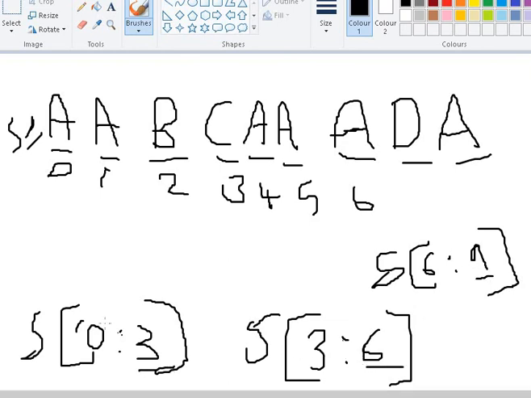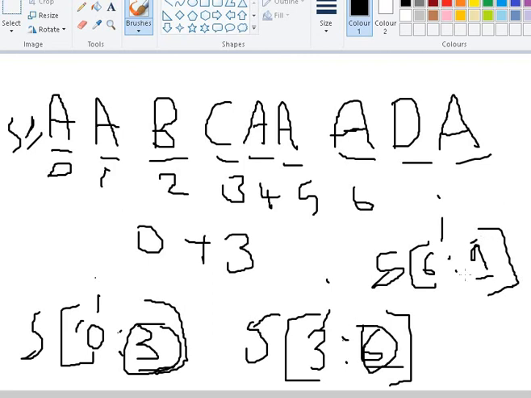How to get it? For each iteration we are getting 0, 3, 6. Directly add the value of k to i, then we will get 0 plus 3 equal to 3. In the next iteration you will get 6, and next you will get 9.